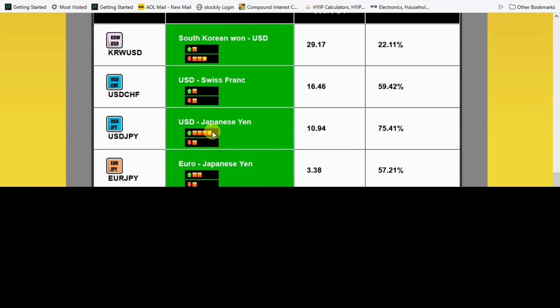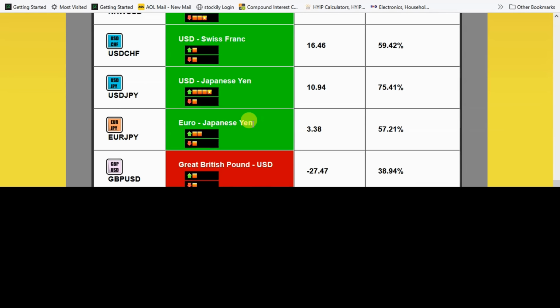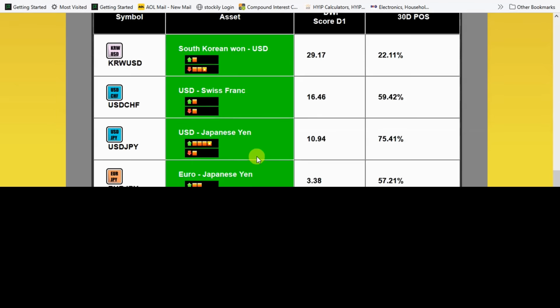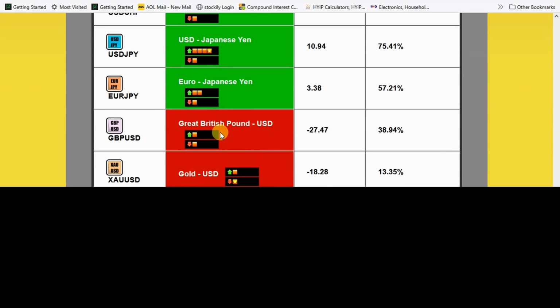I just put this trade on just to do a little proof of concept. So here's the top of my hedge. I'm selling the dollar yen. And also, let me point something out. The reason I chose the dollar yen out of all of these is because right here on the 30-day position, you can see we're pretty strong here. So I want something that's obviously been going up very strong and has a 30-day trend well in place here. Now I go over here and I look for the opposite.